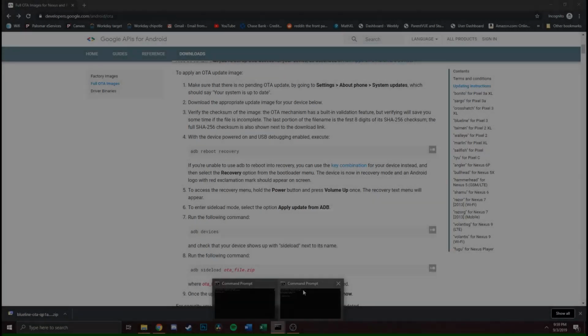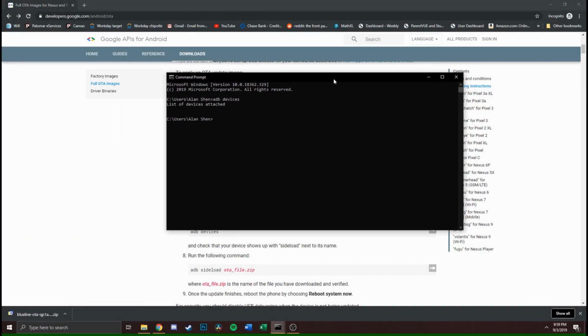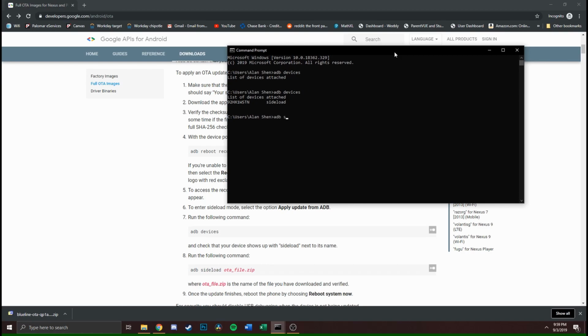So now you're going to go back to your computer, go back to your command prompt window, and then verify that your devices are connected and ready to sideload. So type in adb devices, and you should see your device connected to the computer. So once you've verified that, you're going to type adb sideload and then the name of whatever OTA file